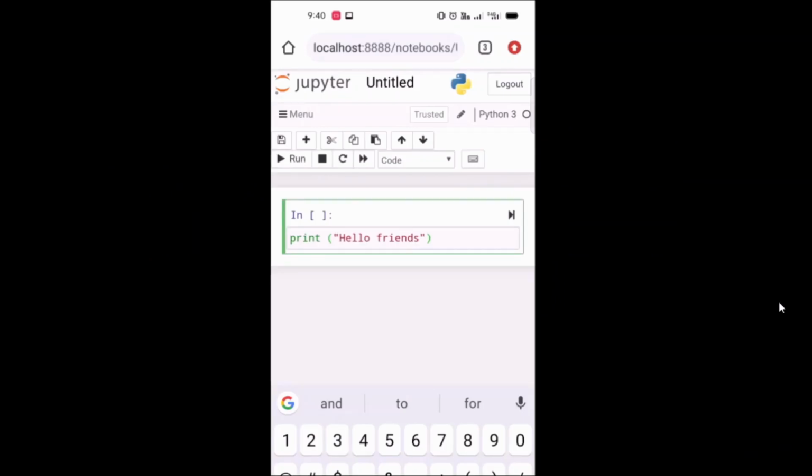So this will be a very interesting tutorial for those who don't have laptops but want to learn Python. You can learn Python programming on your mobile phone. This tutorial is based on how to install the Python environment on your mobile phone and how to use it. Also, this tutorial focuses on how to use Jupyter Notebook, as we do on laptops, on the mobile phone. So watch this whole tutorial and you can definitely enjoy it.